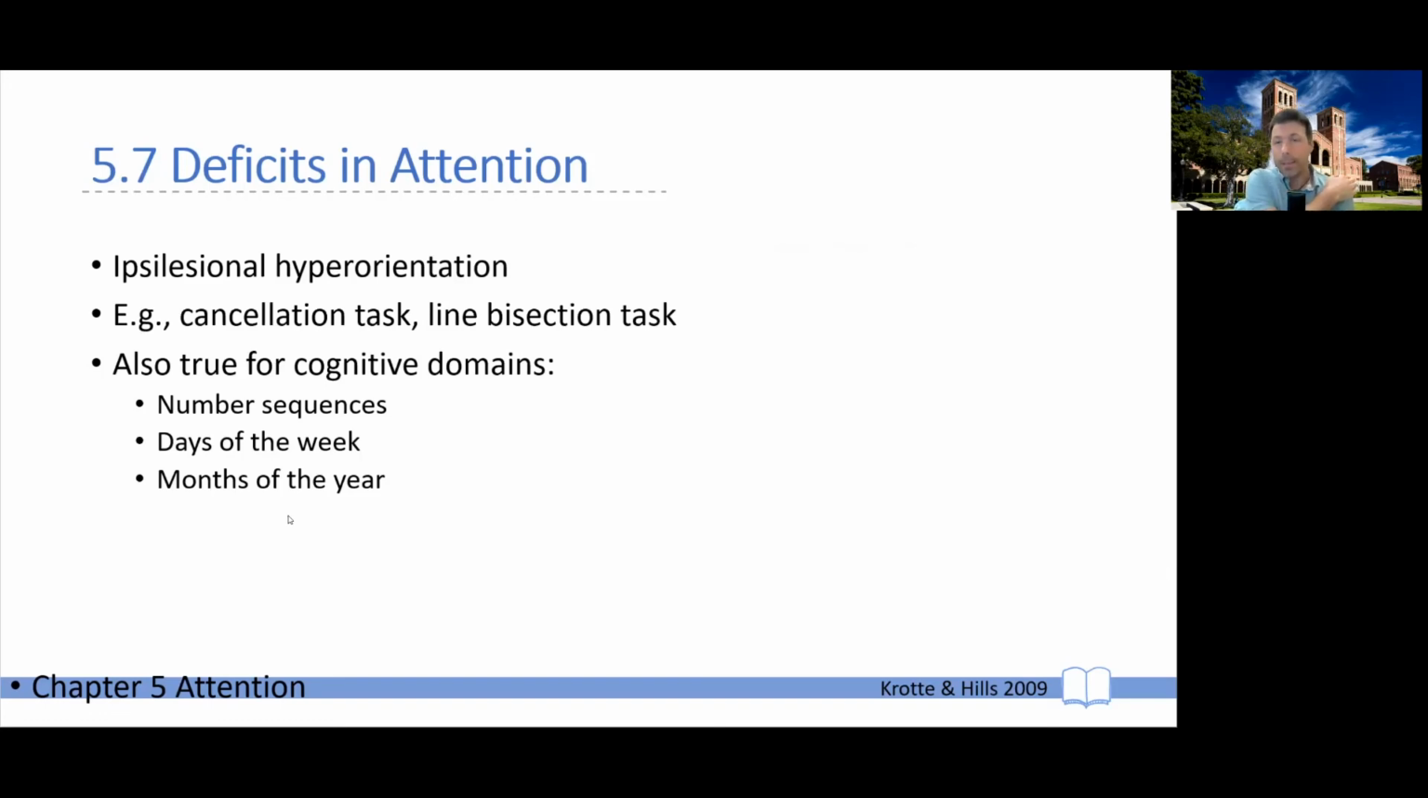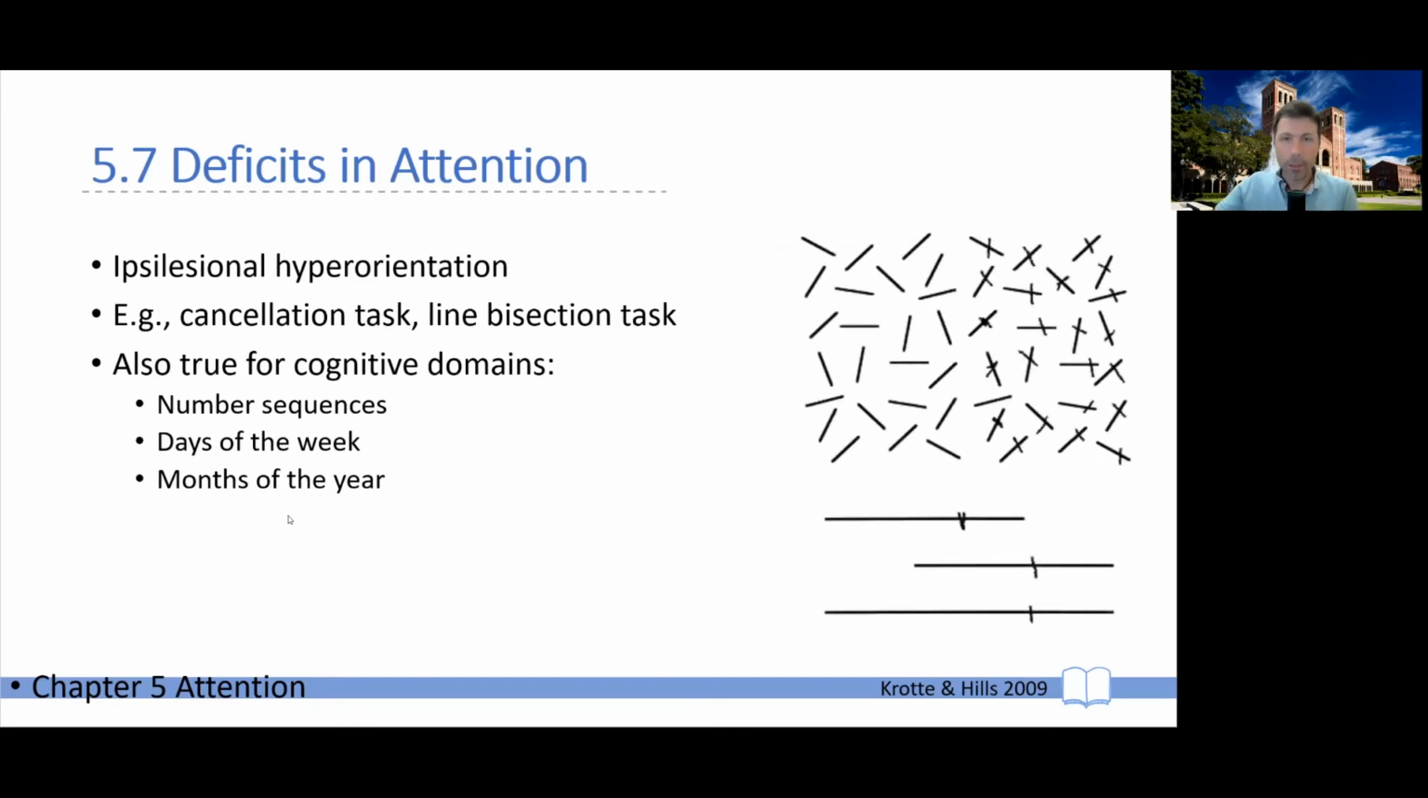One is known as ipsilational hyperorienting. This just means that patients' attention seems to be always going only towards the right visual field. And you can see this, at least clinically, typically shown with a couple of tasks. One is known as the cancellation task, which is what you see on the top of this drawing. And it goes like this. You show them a bunch of horizontal lines, and you say, please mark all the lines that you see with a pen. And what they will do is start on the right side, so the good side,